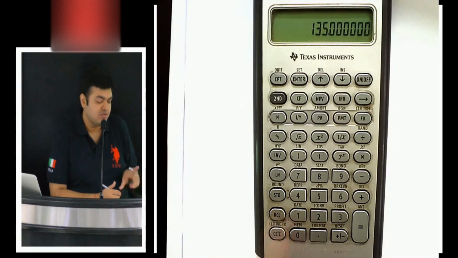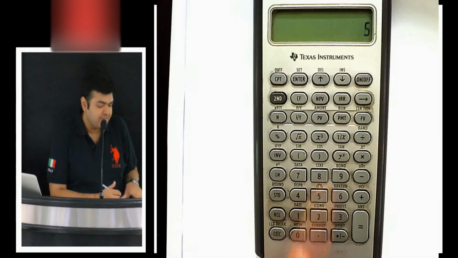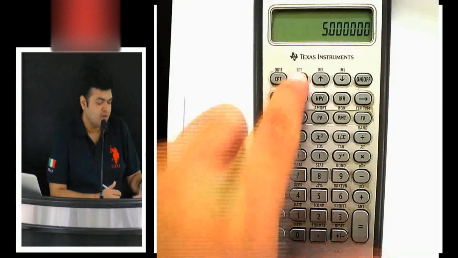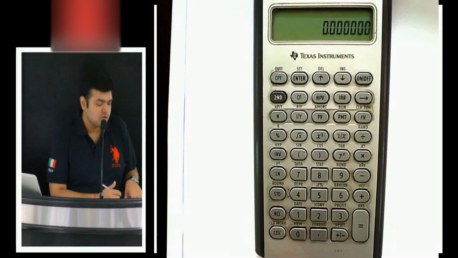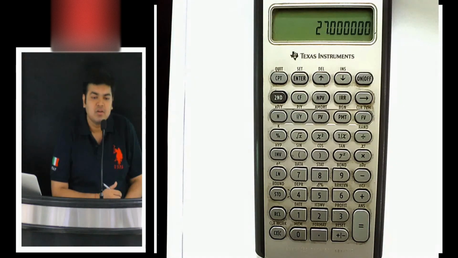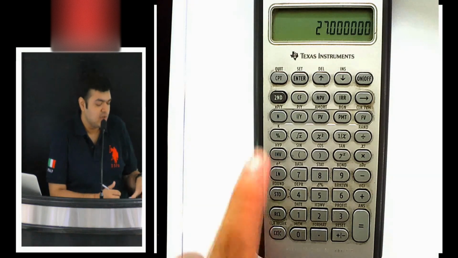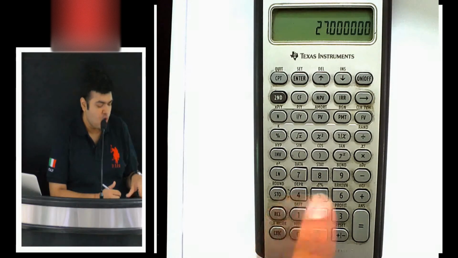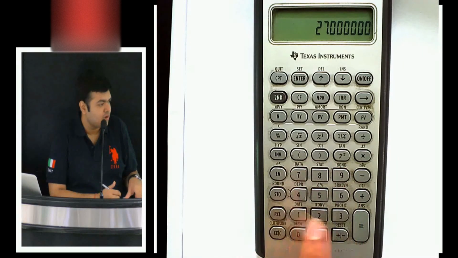So you can store the values. Let me try another one. 5, STO 3, enter. So I've stored 5 over here. Now what I want to do is recall 1 plus recall 2 divided by recall 3 equals to 27. So you can store the numbers in this. You press store, you do your calculation on the screen, you press store 1, 2, 3, whichever digit you want to store in, and press enter, it gets stored. And recall that number, so it will recall whatever is stored inside that number. Are we all comfortable till here?